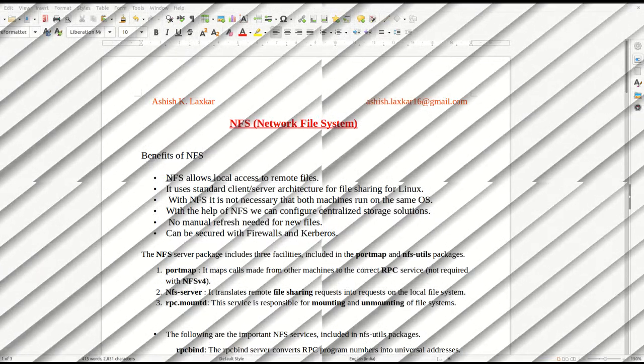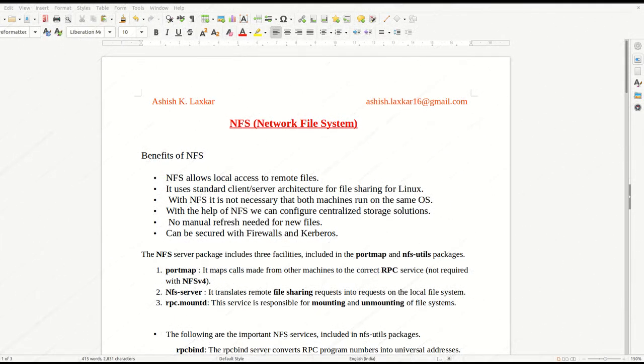Hello, welcome. Today we will cover NFS. What is NFS? NFS is a Network File System, or a distributed file system. Basically, NFS is used to share a directory on a remote system. What does that mean? With NFS we can share a directory to any other system on the network. We share a directory with respect to the file system; we can't create a desired file system in NFS.